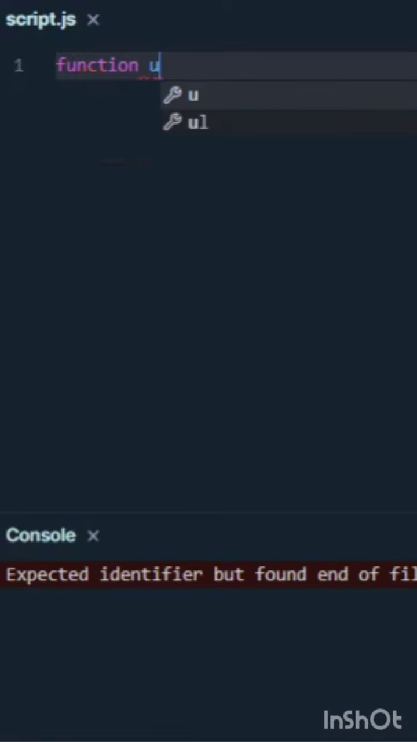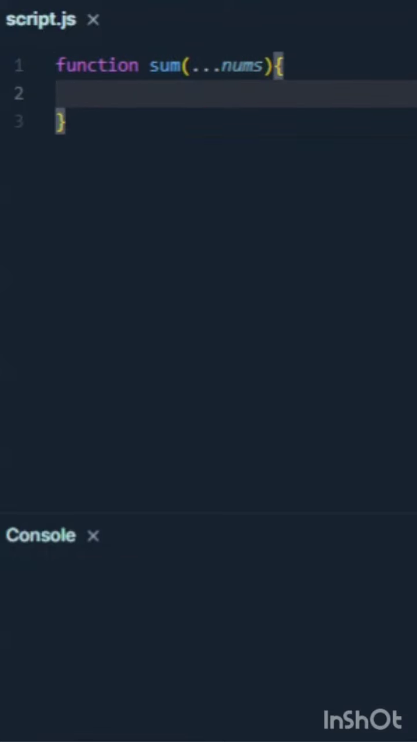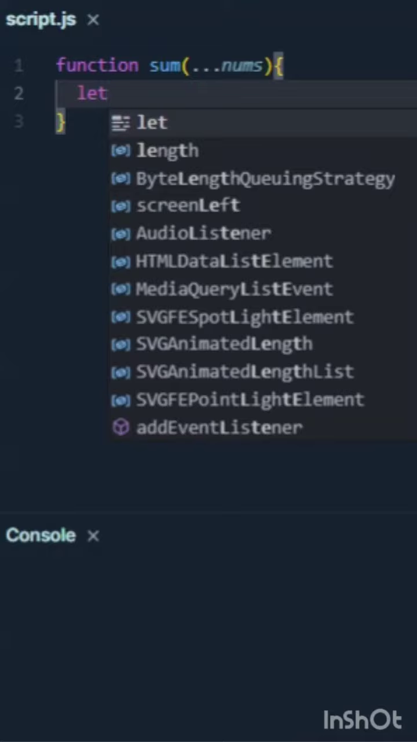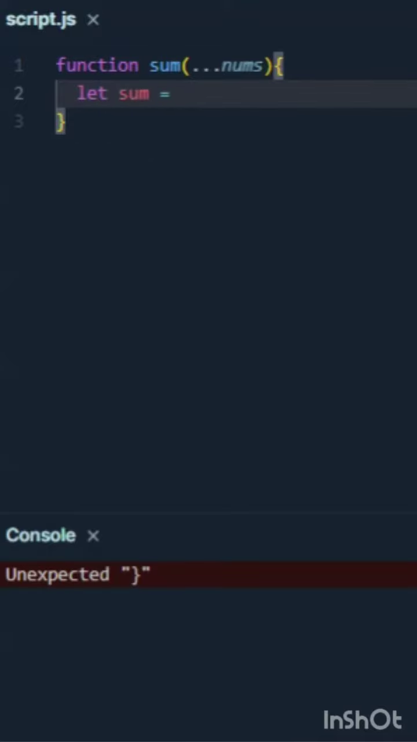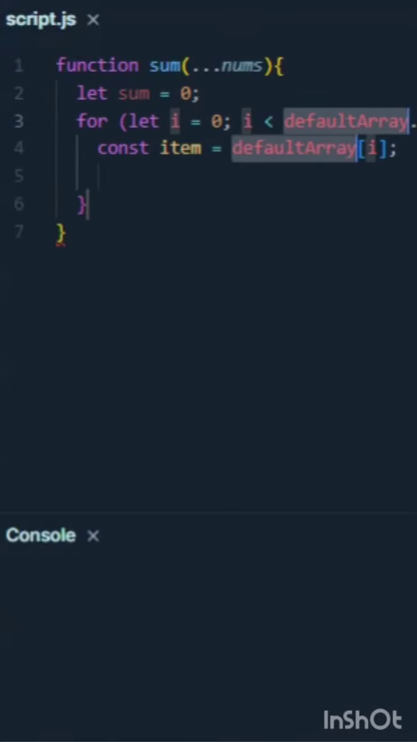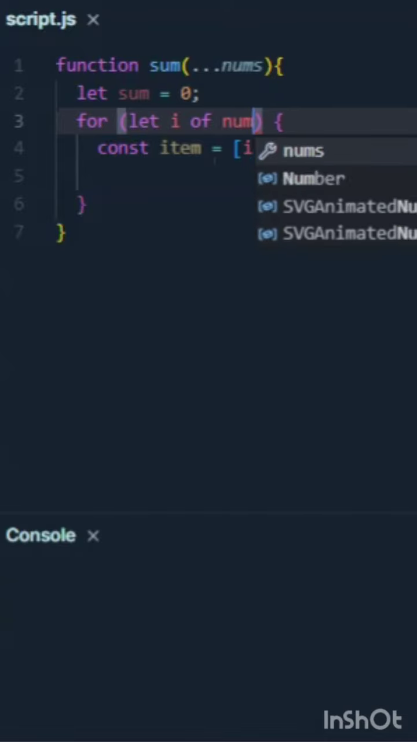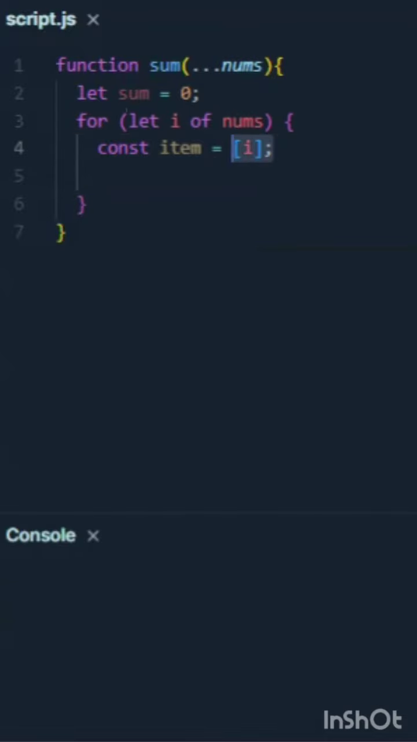Create a function. Let's say we do a sum of numbers, and we will do the sum of all the numbers. So for that we have to get one number and a for loop, for (const i of nums). And what we can do is that